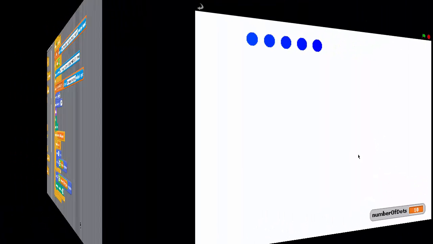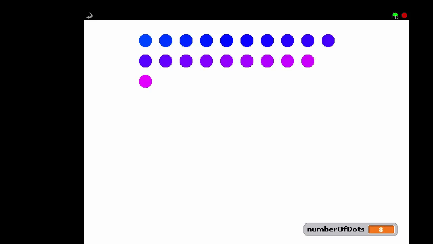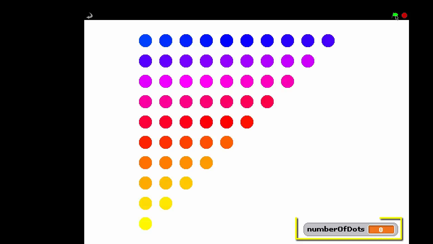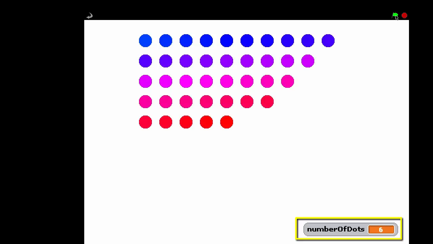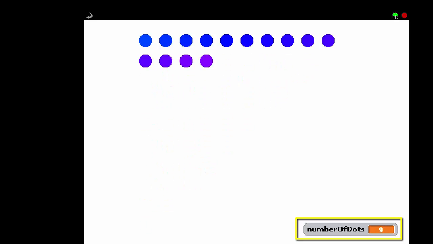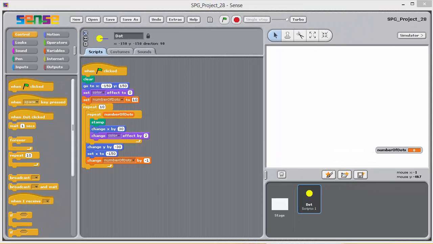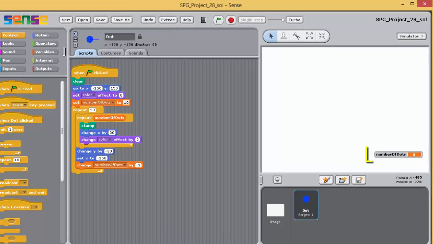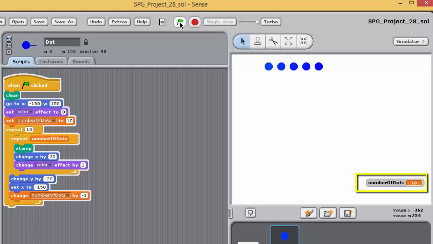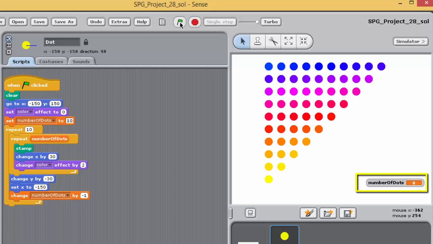In the next exercise, you'll examine a program which draws a triangle like the one here, and your program will use a variable to control the number of dots to be drawn in a line. Open Project 28, which contains a modified version of the program from Project 27 completed, and immediately save it with _SOL. This program has a variable, number of dots, that is used to control the number of dots to be